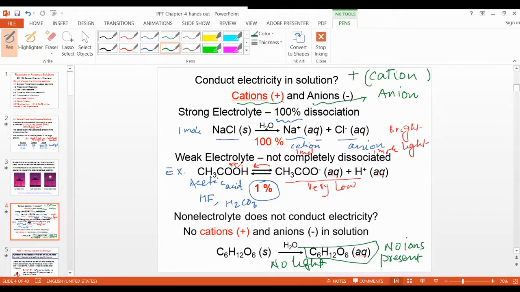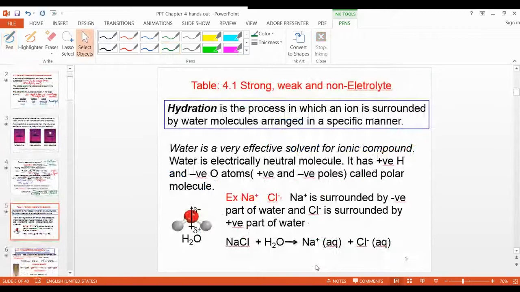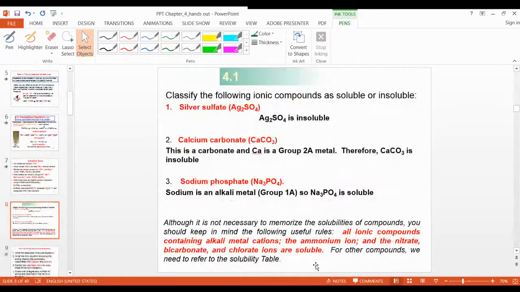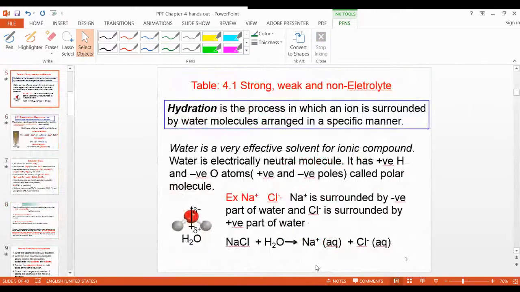Up to here, you should have an example now. Also, strong acids are strong electrolytes. Weak acids are weak electrolytes, right? So this is a weak acid. I gave you examples: CH3COOH, hydrofluoric acid, carbonic acid. Next, I will tell you more examples. We don't have them here, they're not given here, but I will write some examples.